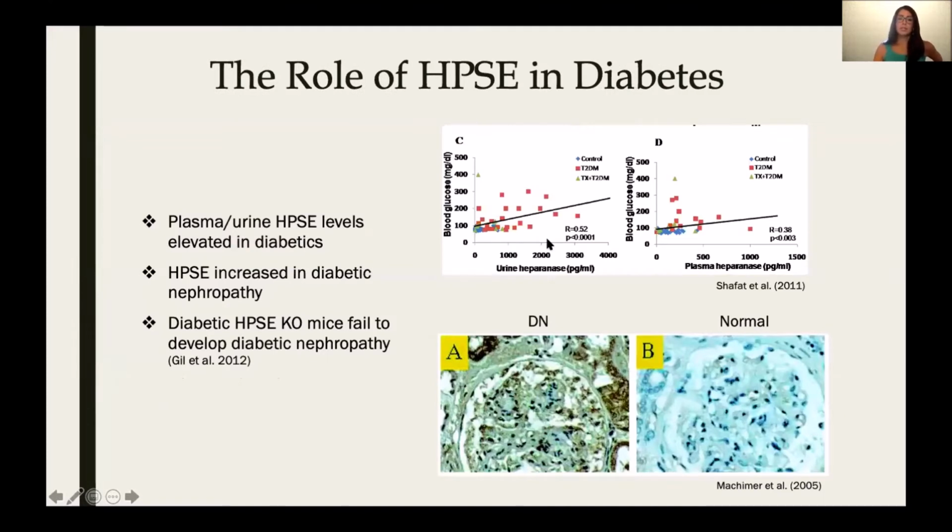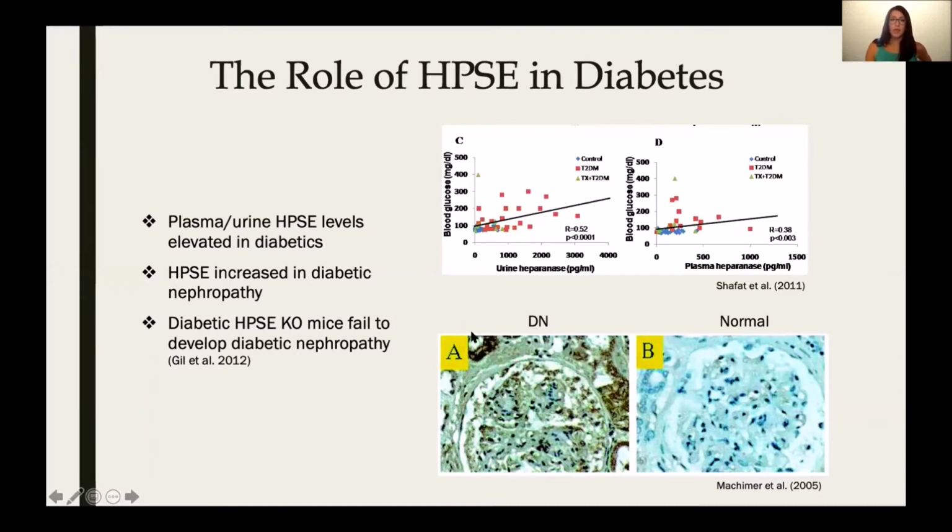So as I mentioned, heparan sulfate is the most abundant GAG, and heparinase, which is an enzyme that degrades heparan sulfate, has also been shown to be upregulated during diabetes. So in type 2 diabetic patients, it's been shown to be systemically upregulated in the plasma and urine, which is shown in these graphs. It's also been shown in diabetic nephropathy tissue that heparinase levels are elevated compared to normal